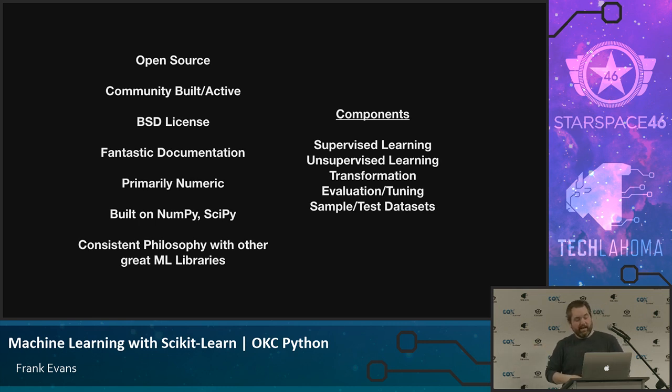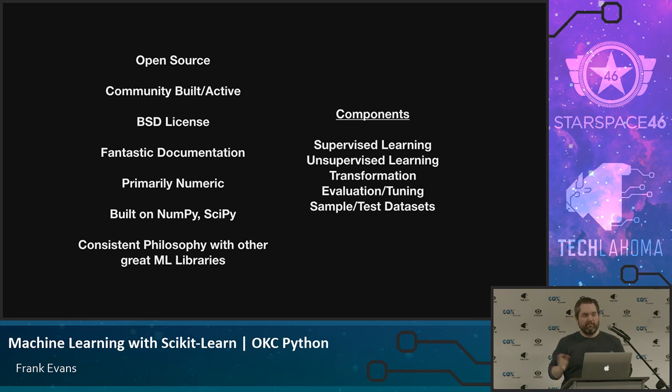And the philosophy, I don't know that they invented it, but the philosophy of Scikit-Learn is very consistent with other machine learning libraries. So if you were to learn how Scikit-Learn works, and then wanted to do natural language processing, you went and picked up GenSim or the Natural Language Toolkit, both very highly capable machine learning libraries specifically for language processing, the philosophy is very, very similar.